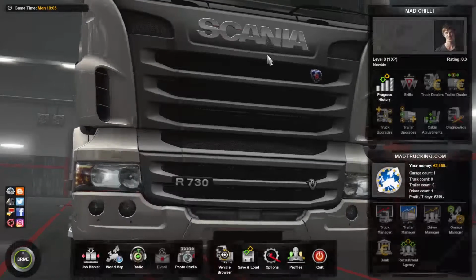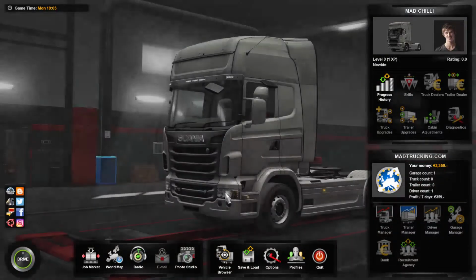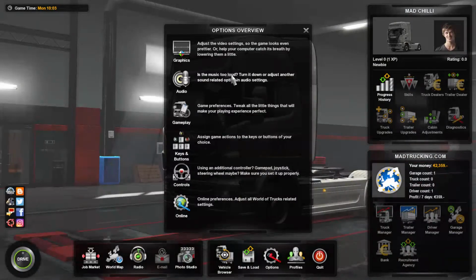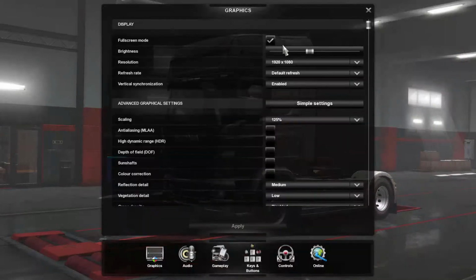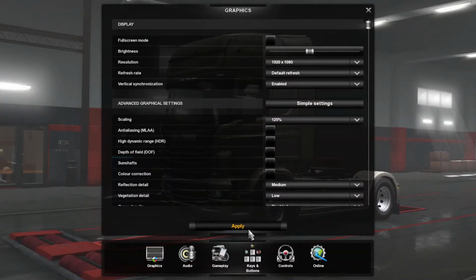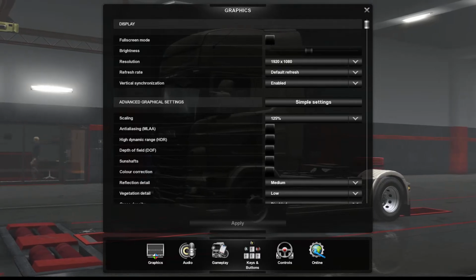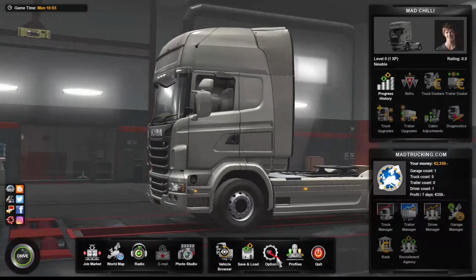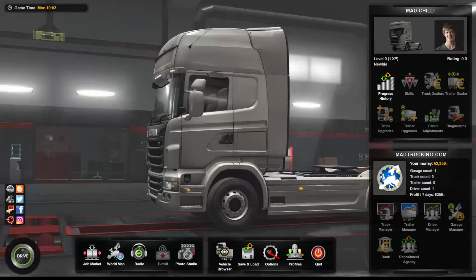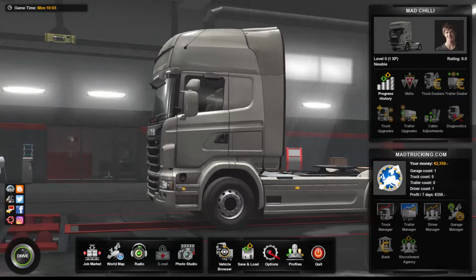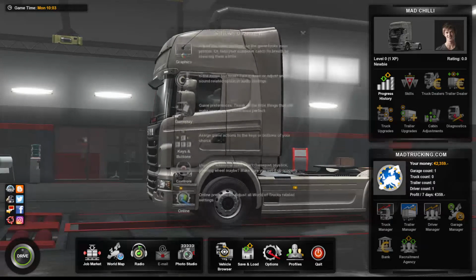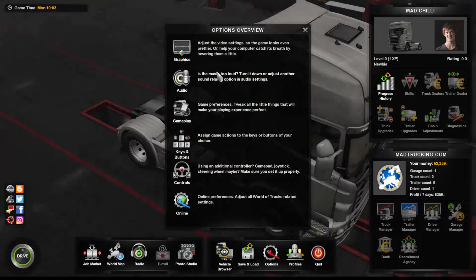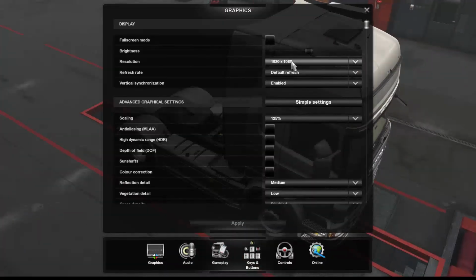So that's a bit annoying. I'll try doing it one more time. If it still doesn't work, I'll just have to hope my stream is running good. Yeah, it does appear that it honestly doesn't work. It has no effect in this game anyway. Whether it's full screen or not, it doesn't seem to have any impact at all.